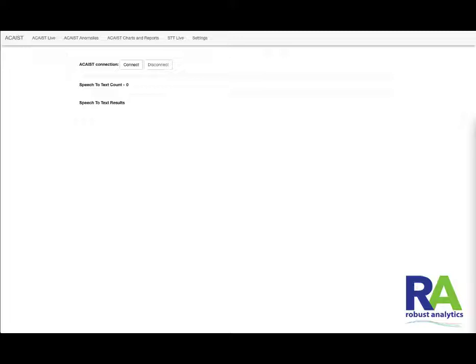The way this demo works is we'll take the actual audio transcripts and insert them into a natural language understanding service, and using artificial intelligence we'll then determine what type of anomalies are present, and then we'll log those anomalies in our dashboard. Later in the demo I'll actually show you what the actual live speech to text looks like, and we'll actually get some live audio from the Atlanta airport. So let's go ahead and start the demo by clicking on Connect